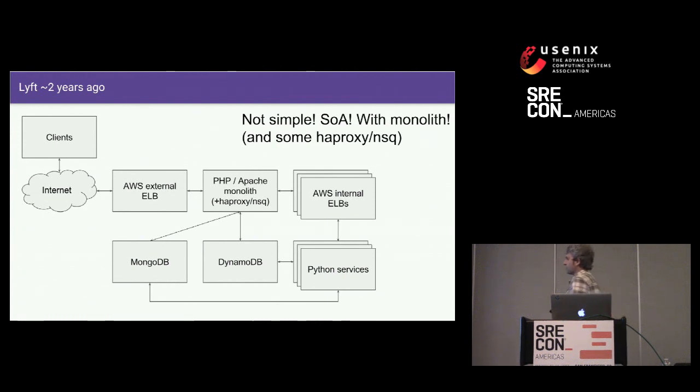So let's fast forward to about 2 years ago, and this is what Lyft's architecture looks like. Again, we've got clients, we've got the magical internet, we've got the load balancer, we've still got our monolith. We're starting to decompose this monolith, and now we've got a whole bunch of internal load balancers, a whole bunch of Python services, and 2 data stores now, Dynamo as well as Mongo. And this is starting to be a tremendous mess. We have a whole bunch of different libraries that people are using. So we've got our PHP service-to-service libraries, our Python libraries, and different libraries talking into our data stores, whether that be Dynamo